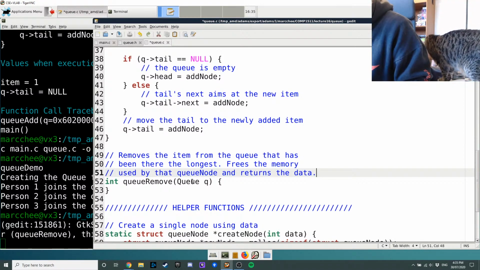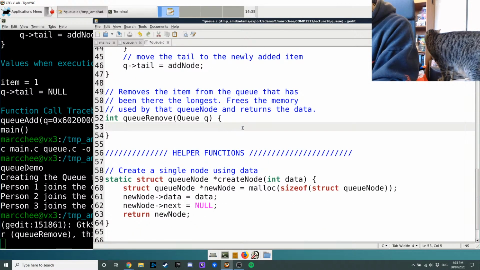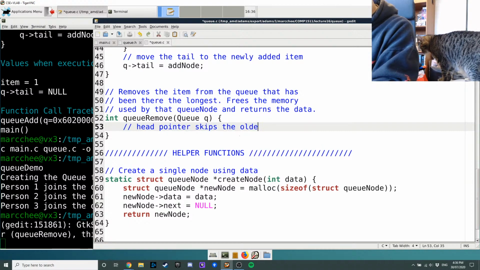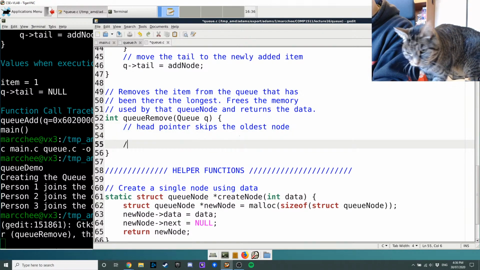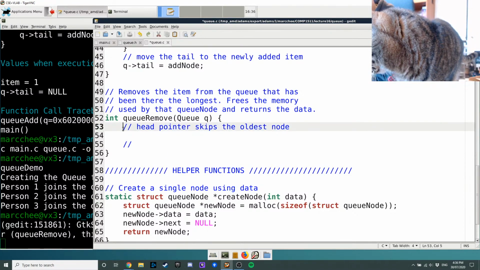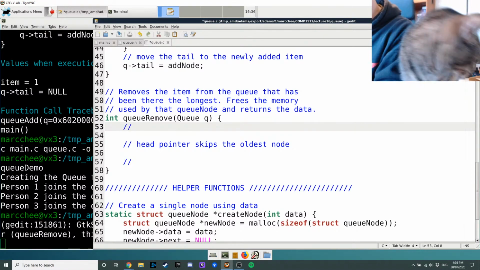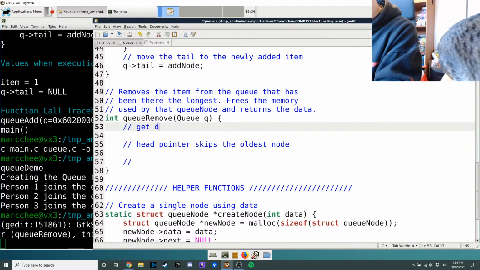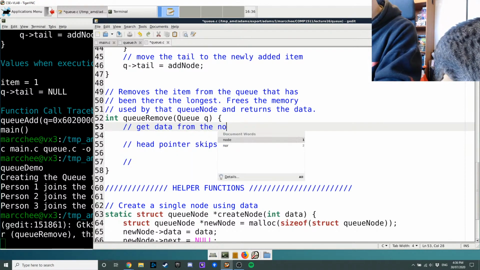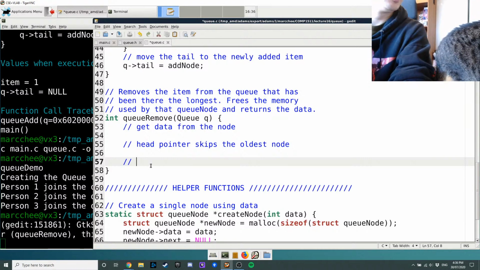Okay, so if I want to remove something, I'm going to do something reasonably simple where I have the head pointer skip the oldest node. Actually, before we do that, we can't skip the oldest node before we've actually gotten the information. So get data from the node, then we skip the node, and then we say